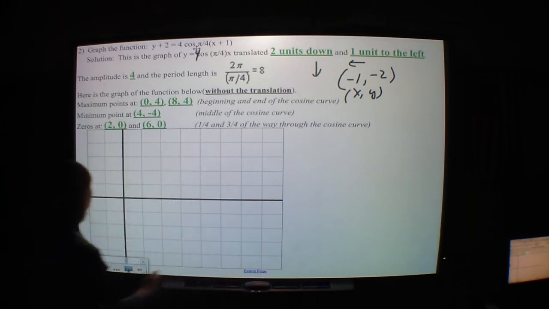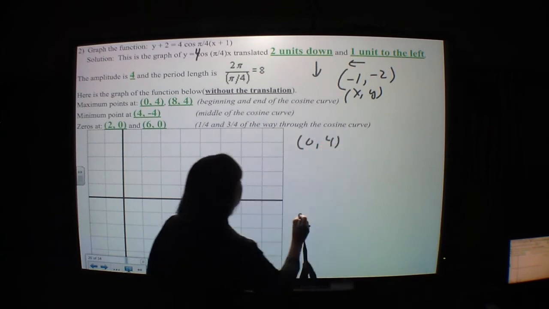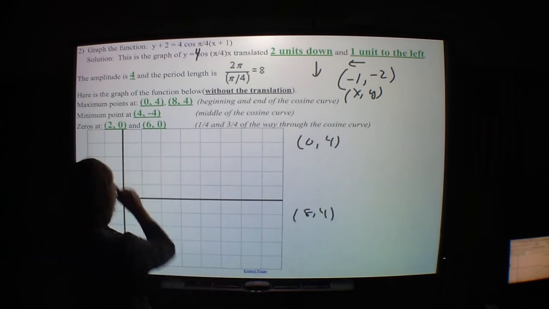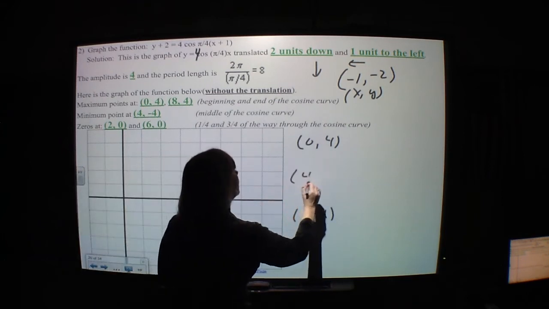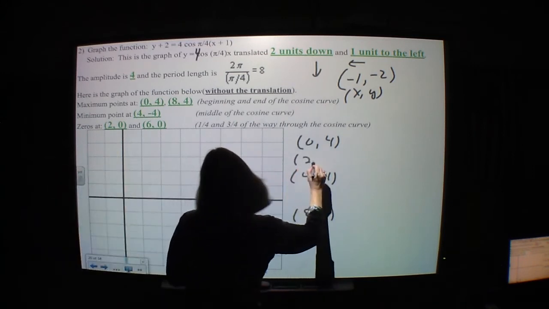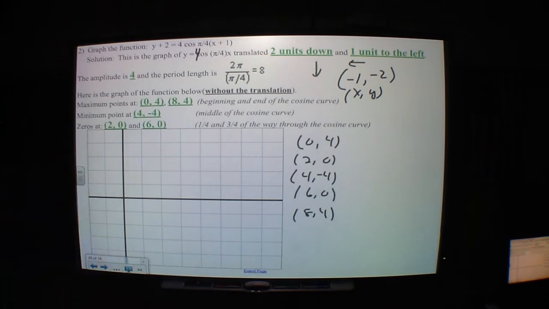So I usually like to graph those first, or at least get those points first. So maximum is beginning and end, 0, 4 and 8, 4. Minimum is halfway through, so it's 4, negative 4. Zeros are at 2, 0, and 6, 0. So now that I have my points listed, 0, 4, 2, 0, 4, negative 4, 6, 0, and 8, 4,